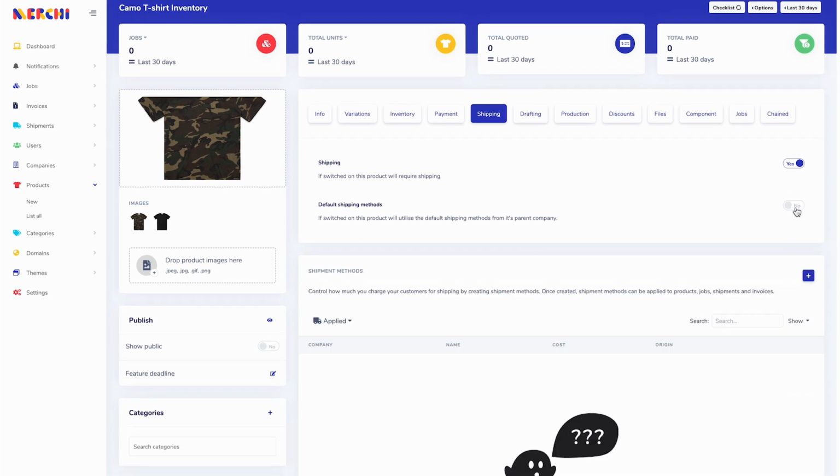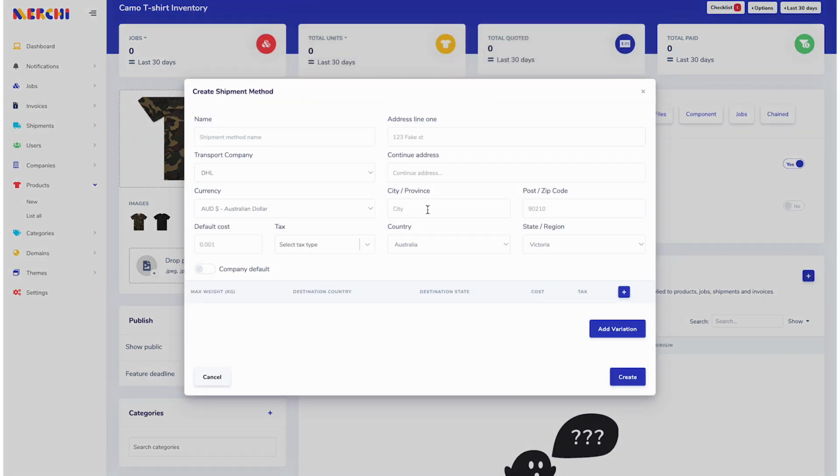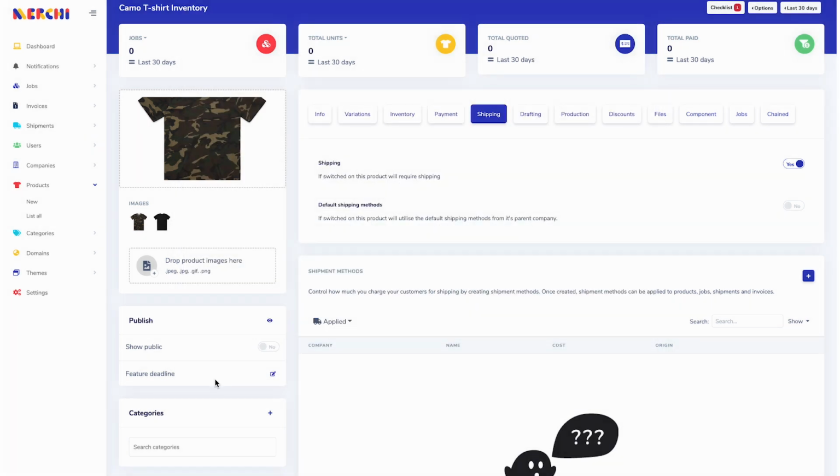One example of this is you may offer an obscure shaped product that's too large to ship via your default shipping method. And in that case, you can provide a specific freight forwarder suited to deliver this particular product. In the next clip, we'll take a look at the Drafting tab and how it's used to manage product design specifics